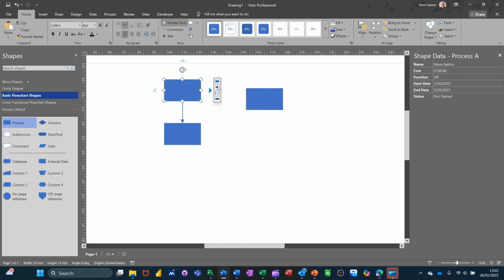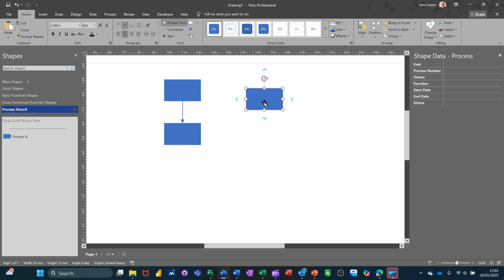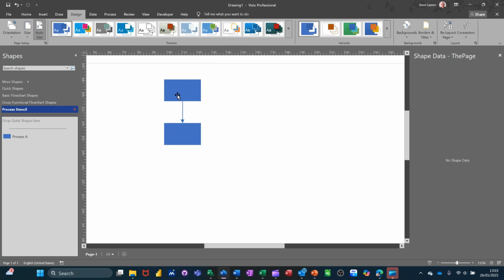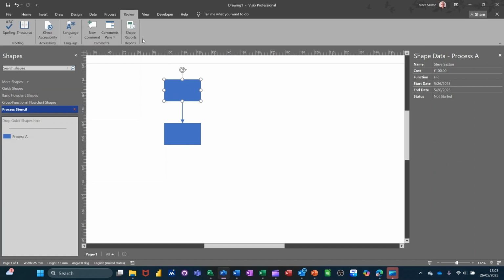I've actually got them on there, but these shapes are not the shapes that you would edit. They'll be these ones, so you just have to be careful about that. Back to this one, get rid of that. So what I want to do now is send this into Excel. So I want to send these into Excel, so I need to go to Review, and then you've got Shape Reports. I'll click on that,